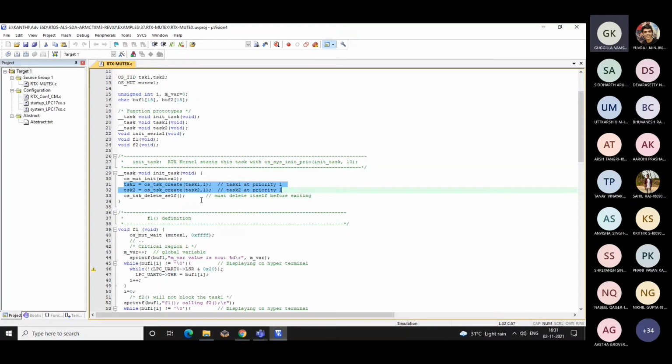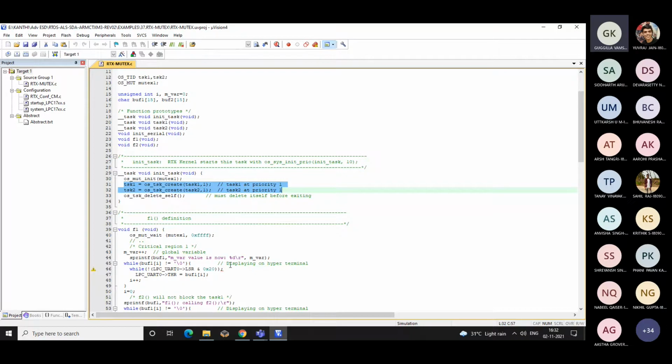Here it won't make any difference because if the higher priority task holds a mutex, definitely it holds, and until and unless it releases, other process cannot make use of it. Okay, and if you give a different priority, then the other process may not get a chance at all.